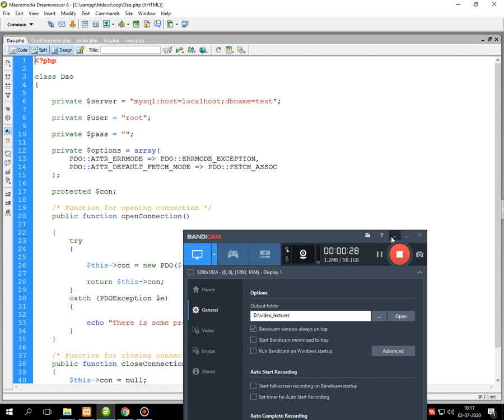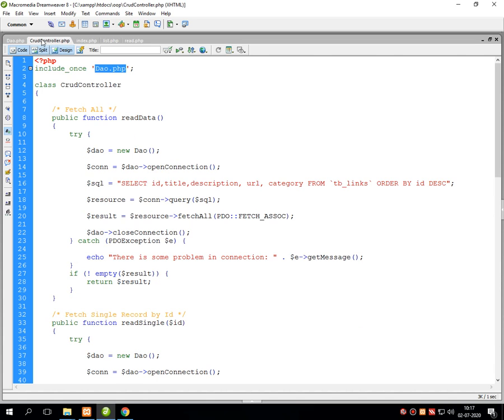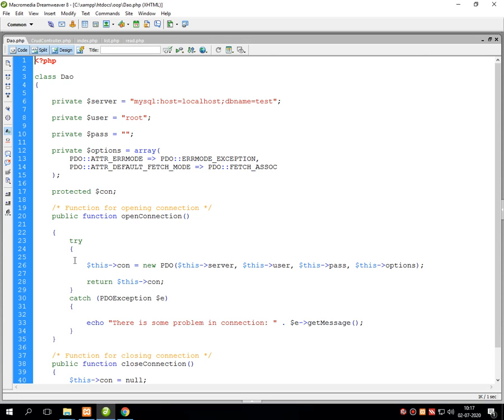Now it's time to go for another file, that is controller.php. Into the controller.php file, first write down a function called include_once, and into the single inverted comma mention the file name called dao.php, which calls this particular file and makes a necessary connection between the front end and back end by checking the database username and password. Then